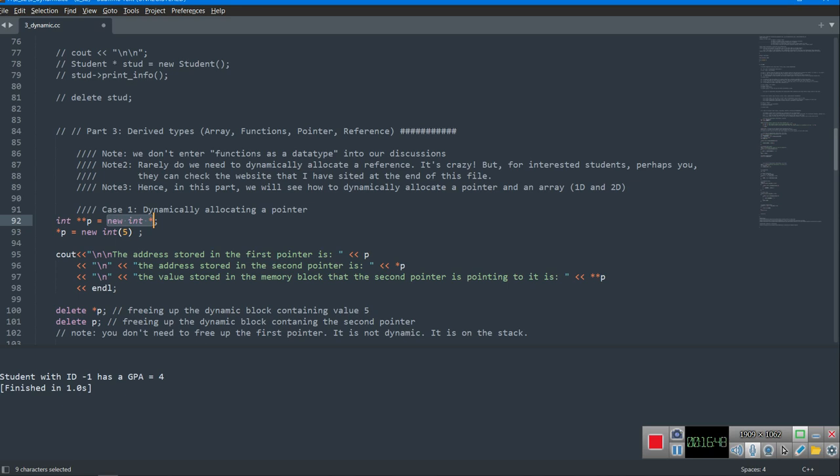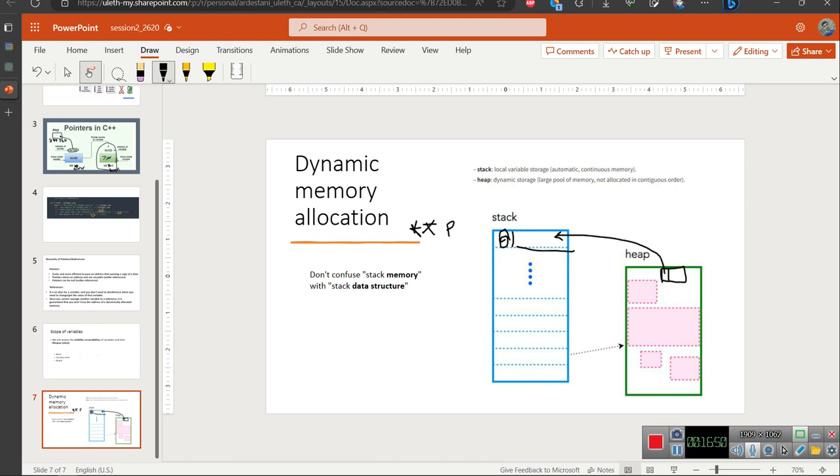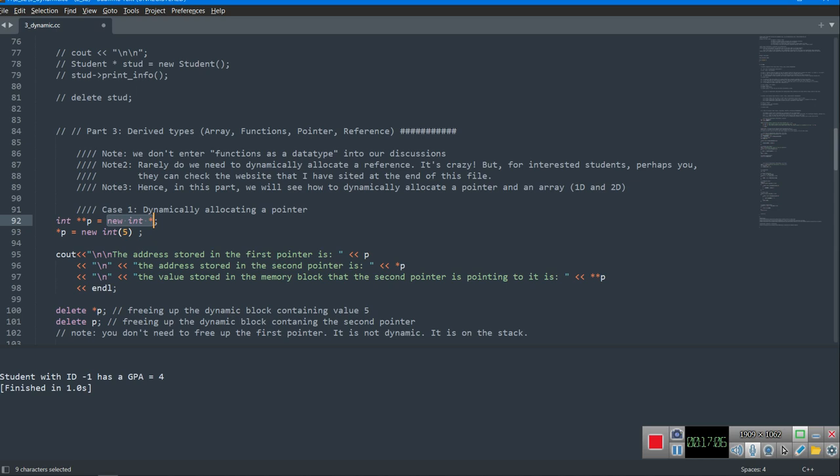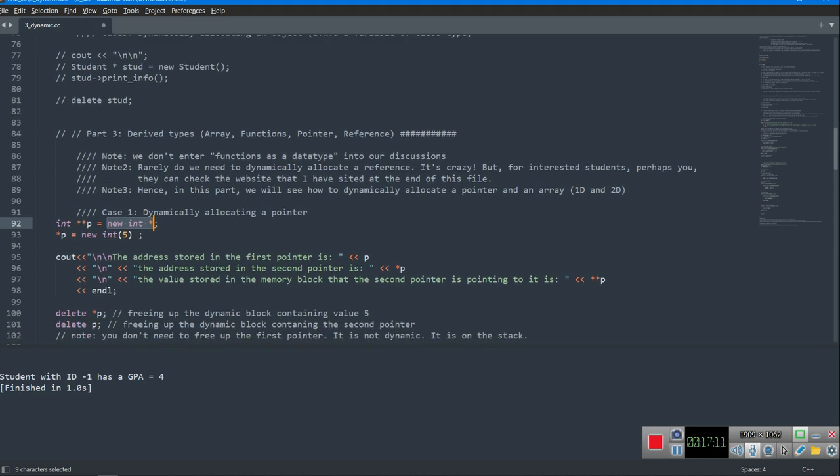It declares a pointer, creates it on the heap, and then returns its address. So we don't have any name for this block of memory, for this pointer to an integer on the heap, but we have its address, and that is enough. That is everything that we need. We don't need its name. And then with star p,